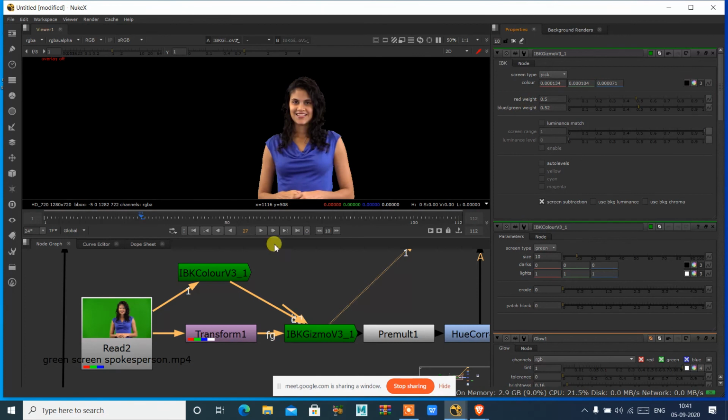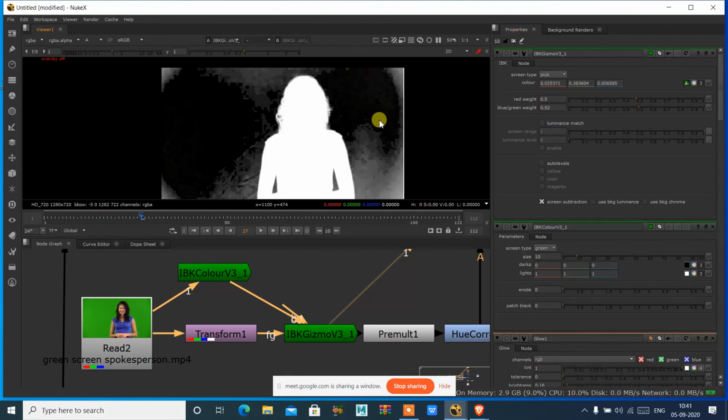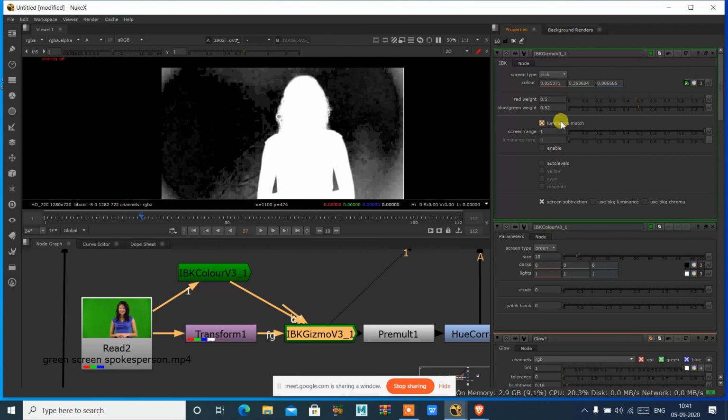Control Z, go for pick. Now you can select this with Control and click it over here. So it is going to pick that color also from this. So you have this auto levels which you can do. You have this luminance match which you can do.